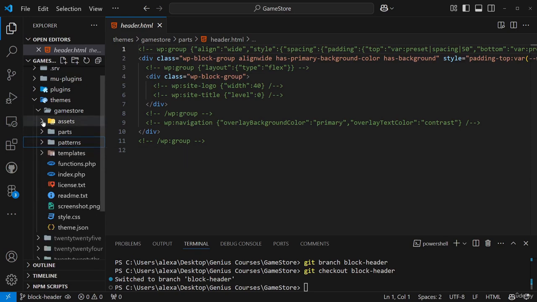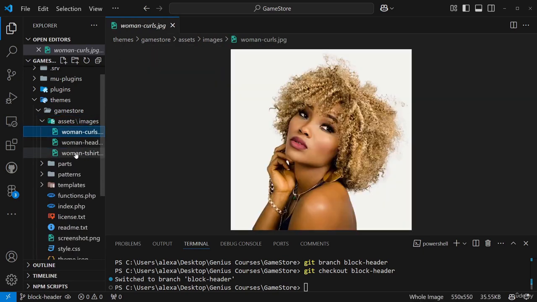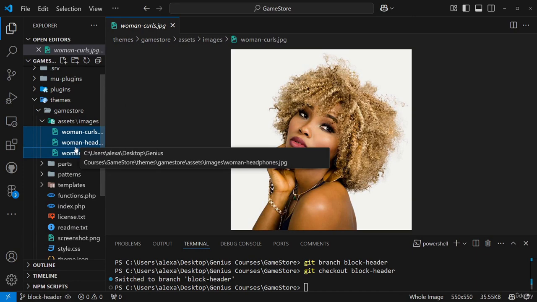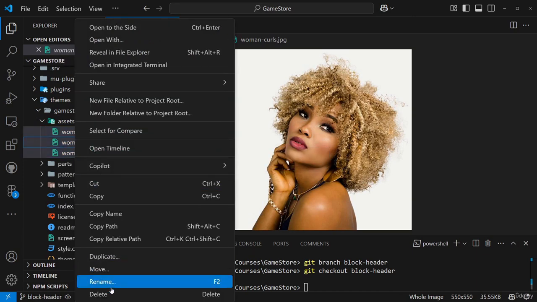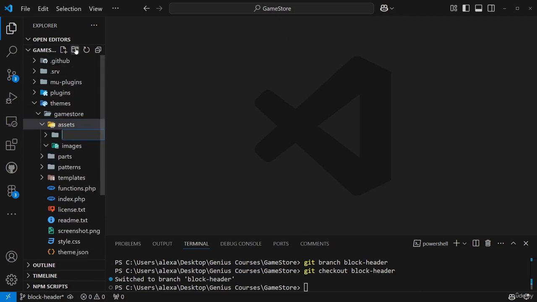Next, the assets directory, intended for storing images, CSS files, and other files. We will put them there. We will create a structure. So in the images, by default, there are images from the generator, which we don't need. Therefore, I delete them. But we will have some additional directories. It will be